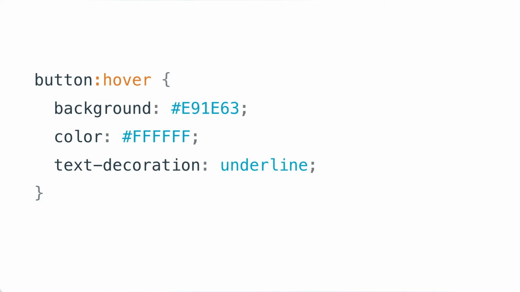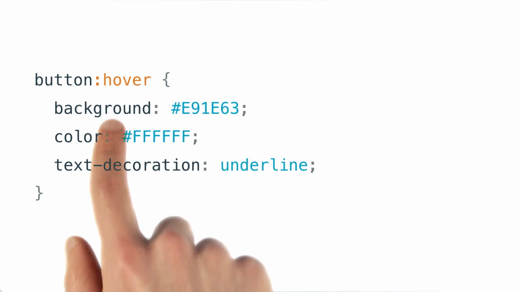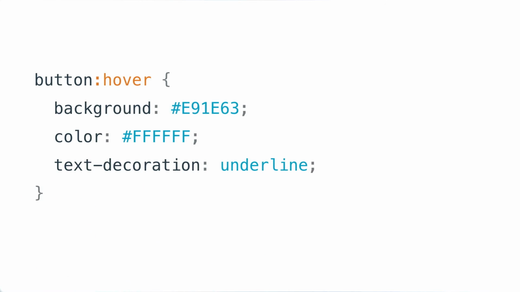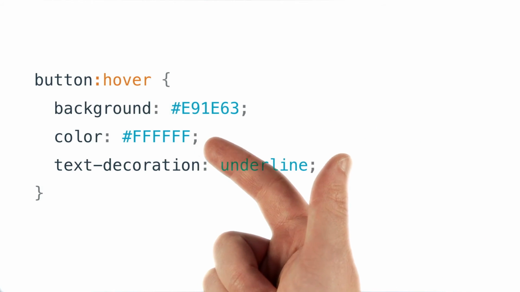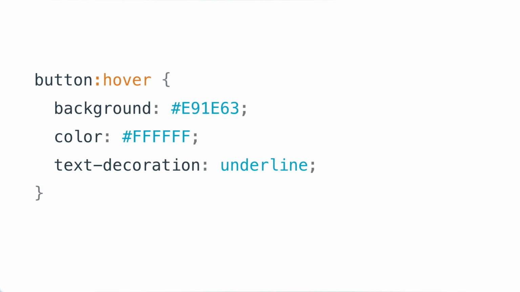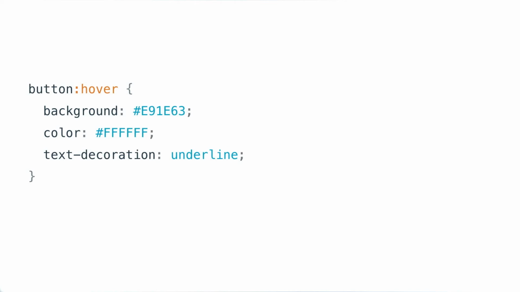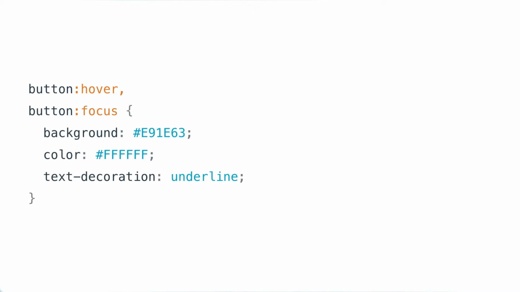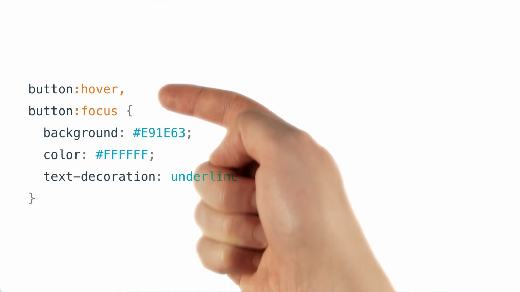So you might be familiar with adding hover states to your controls using the hover pseudoclass. Here I've set my buttons to have a red background with white text and a text underline whenever they're hovered. You can actually see this in practice as I go and mouse over the items in my page. So a simple solution of removing the focus ring and replacing it is just to give your element the same hover and focus styles. I can do this by adding another line to my block of CSS here that uses